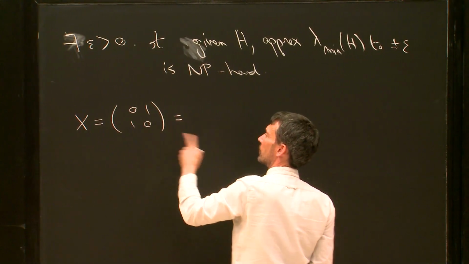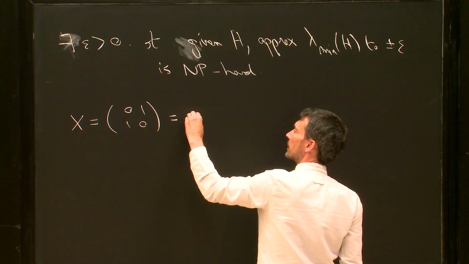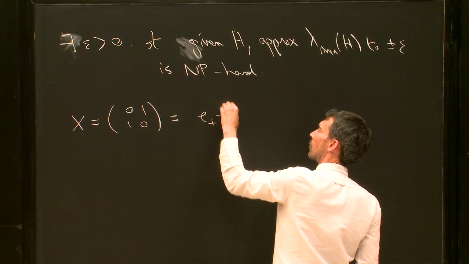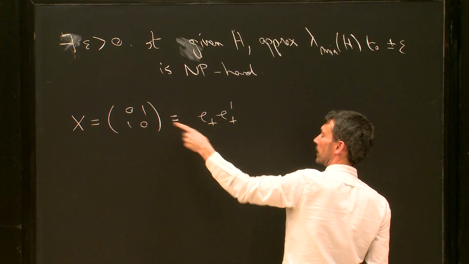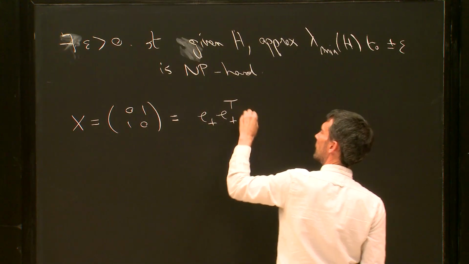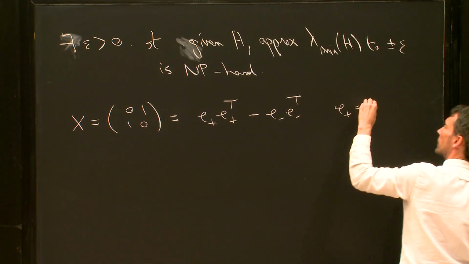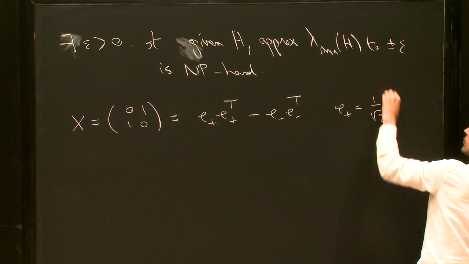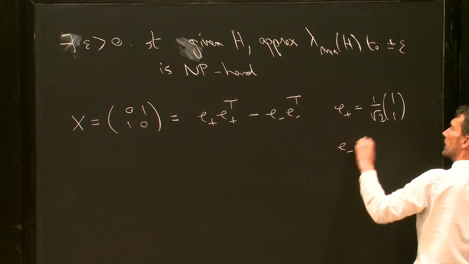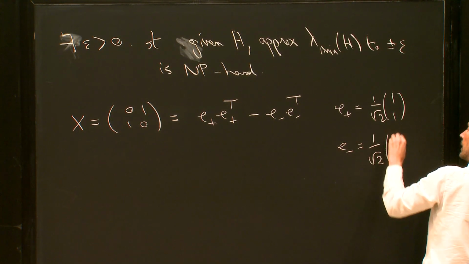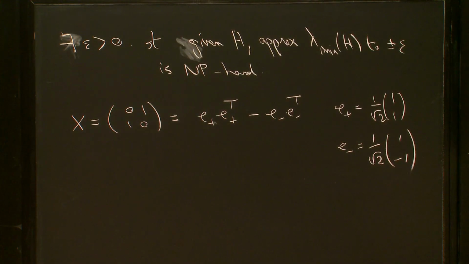Okay. So the eigen decomposition of this is, we'll call them E plus. So it has plus minus 1 eigenvalues. You can check that it squares to identity, and it's equal to this, where E plus is just the vector 1 over root 2, 1, 1, and E minus is 1 over root 2, 1, minus 1. Okay. So now,